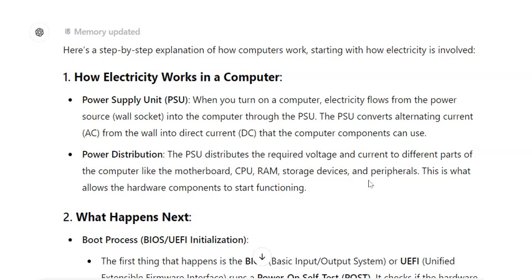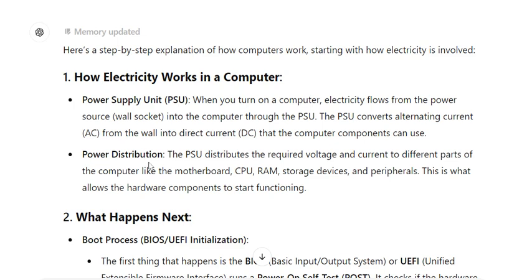Here's a step-by-step explanation of how computers work, starting with how electricity is involved. 1. How electricity works in a computer. Power supply unit, PSU. When you turn on a computer, electricity flows from the power source, the wall socket, into the computer through the PSU. The PSU converts alternating current (AC) from the wall into direct current (DC) that the computer components can